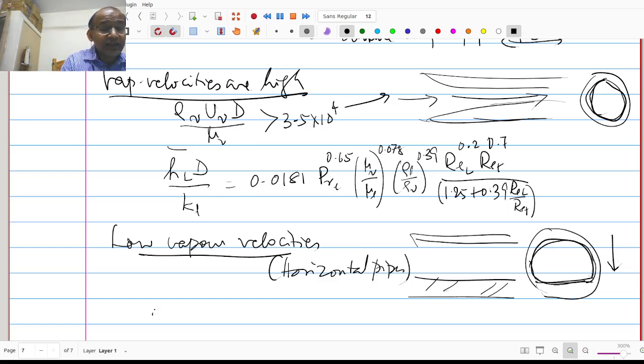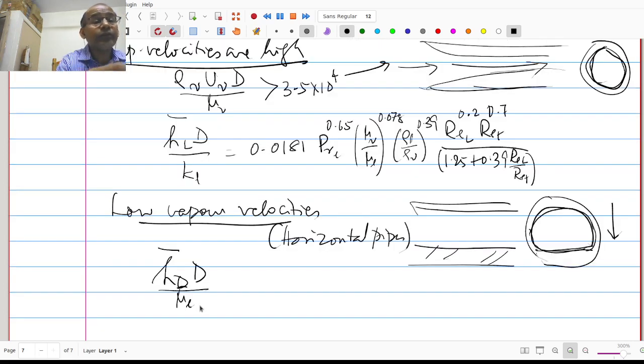So in which case HL bar or HD bar rather in this case, D by KL, sorry, not mu L, it's KL, is equal to 0.555 multiplied by D cube